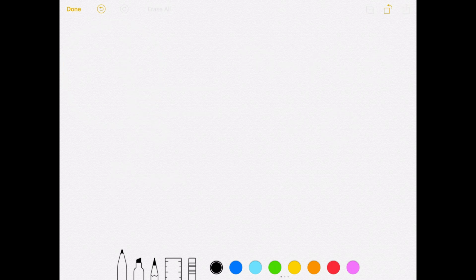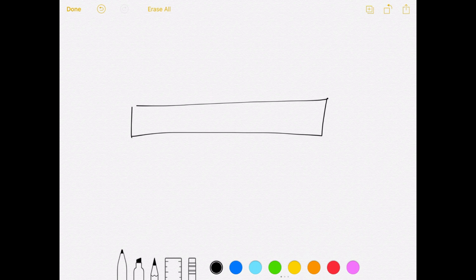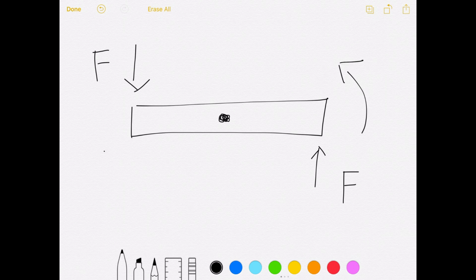Now such a pair of forces is called a couple. Two equal and opposite forces which are parallel to each other and are not acting along the same line form a couple. That is how it produces rotation. Let us take one more example. Suppose we have a bar of wood which is pivoted at the center. One force is applied in this direction and the same amount of force is applied in this direction, it will cause a rotation of that object. So these forces constitute a couple.